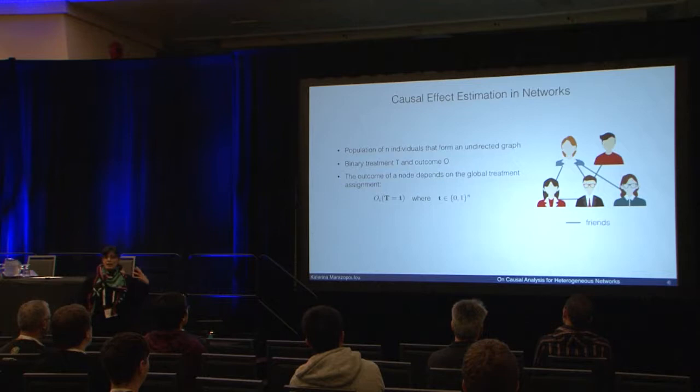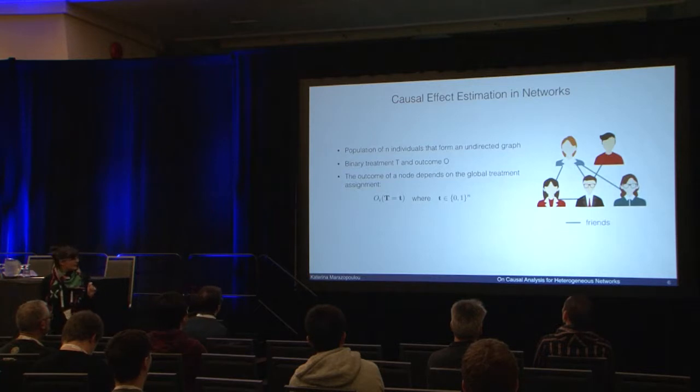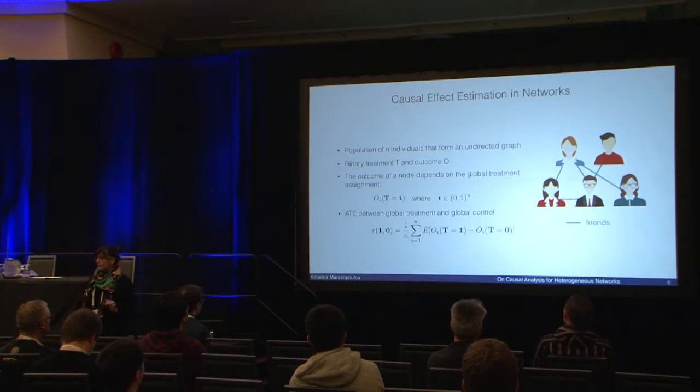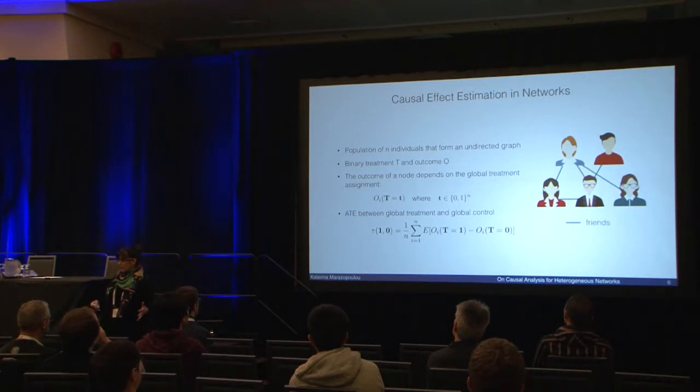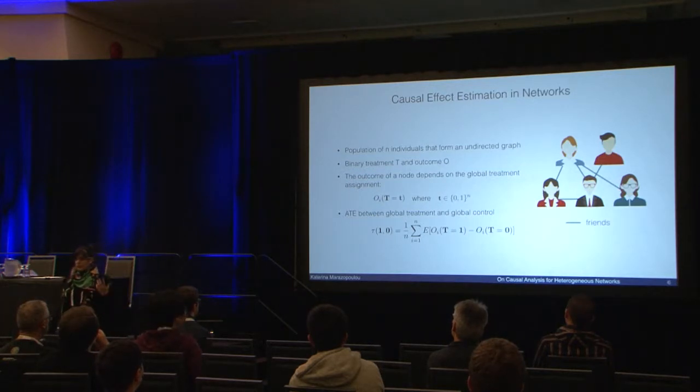Right? So how your outcome is going to behave depends on the treatment that you received and the treatment that everyone else received. And the quantity we care to estimate in this case is the average treatment effect between global treatment and global control. What this means is that ideally, we would like to take our social network, assign everyone to treatment, measure their outcomes, and in a parallel universe, take the exact same network, the exact same time, assign everyone to control, measure their outcomes, and then compute this average treatment effect. And as you can see, this is something that we cannot possibly ever observe,